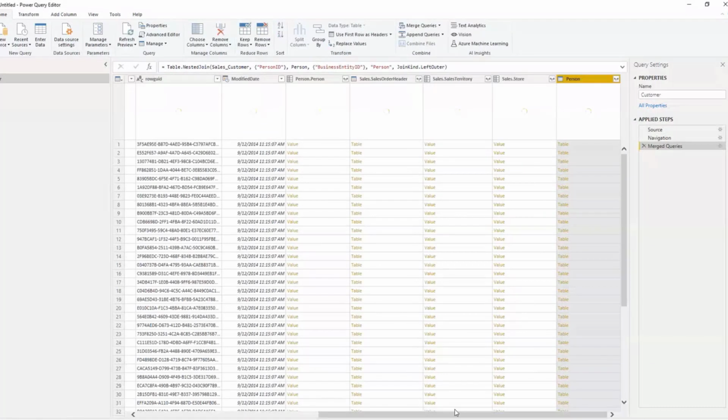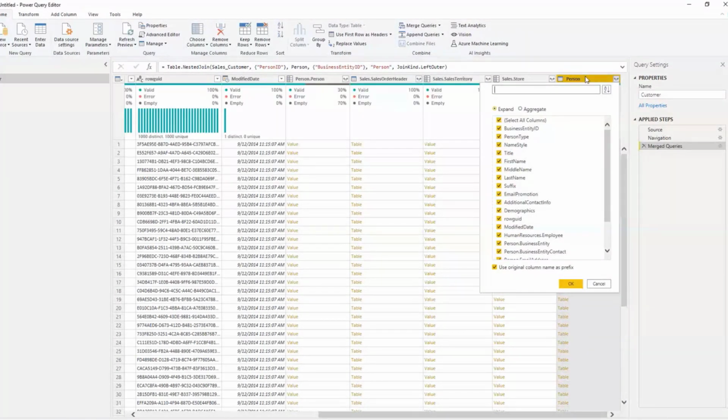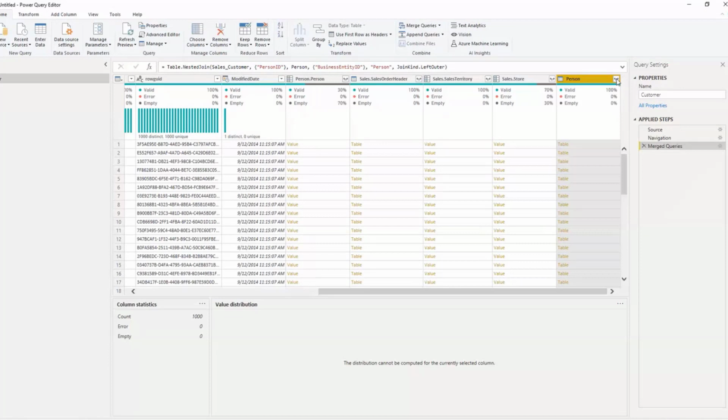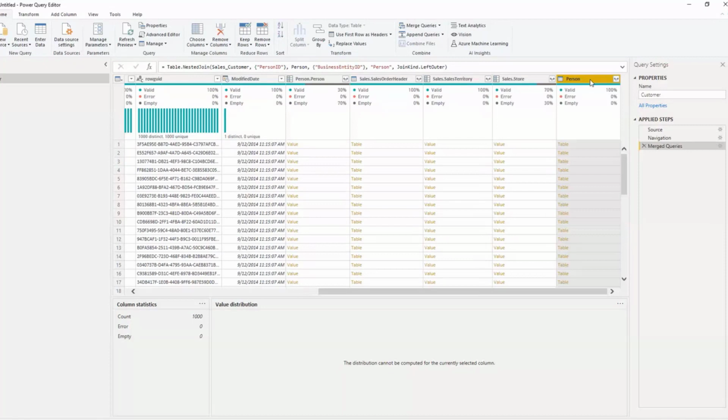What I'll be doing next is taking the necessary columns, even though the table is joined in. As with SQL, it does not bring you all the necessary columns into that table. After you join with the person table, you will see the person table referred right here as a column in the customer table.